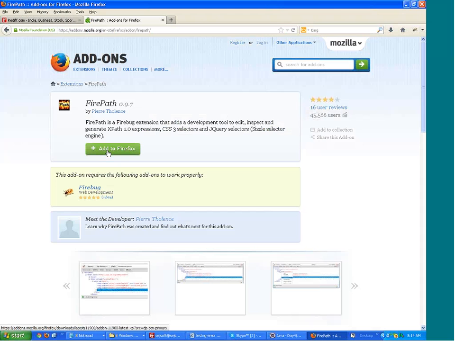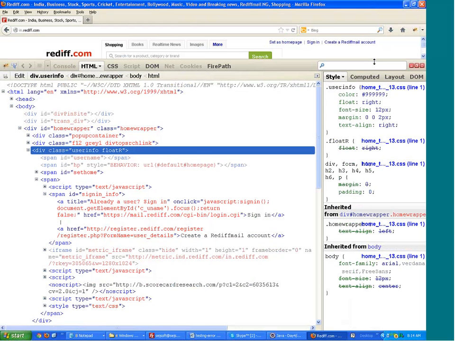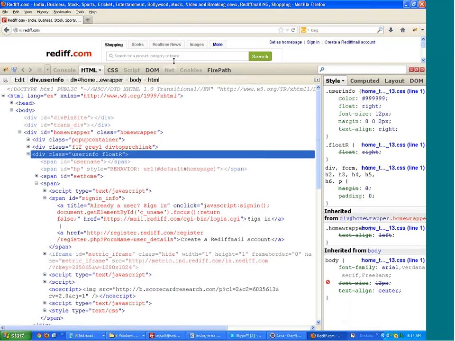It will be added to Firefox as an add-on, and after that your Firefox will start, and when you open Firebug now, you will get an option